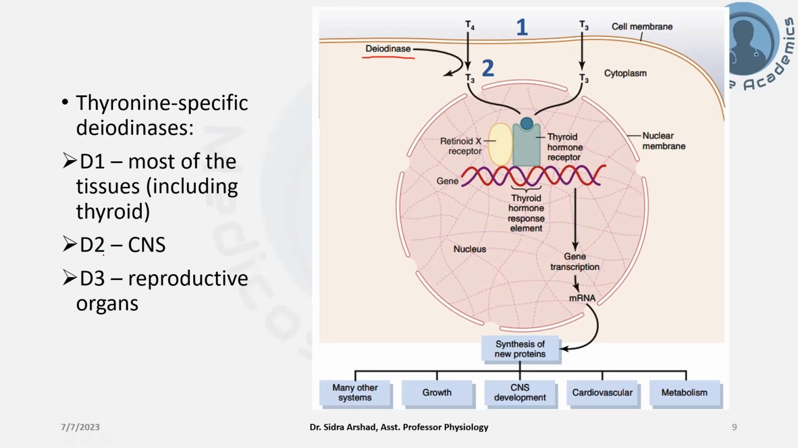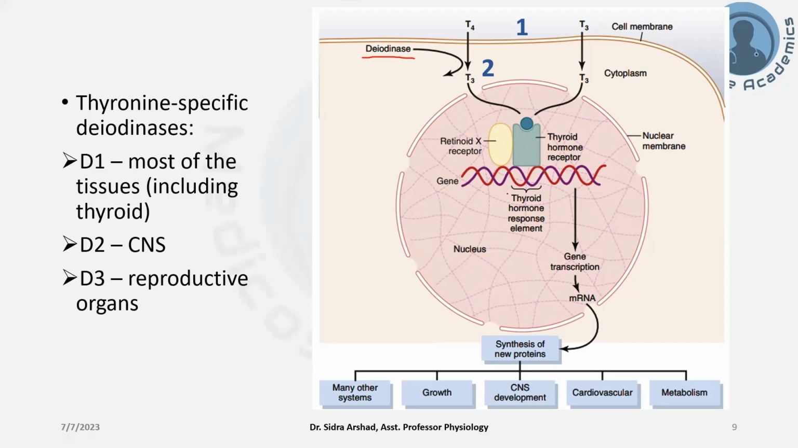D2 is found in the cells of the CNS, while D3 is found in the reproductive organs. So these deiodinases convert T4 into T3. T3 then moves inside the nucleus, and its receptor is located on the DNA. The thyroid hormone receptor is present in association with another protein, which is known as retinoid X receptor. Once T3 binds to the thyroid hormone receptor on the thyroid hormone response element, which is a gene